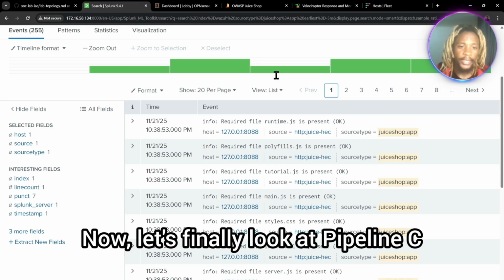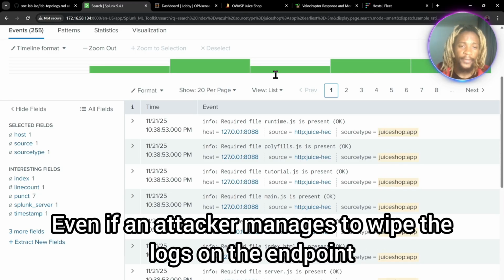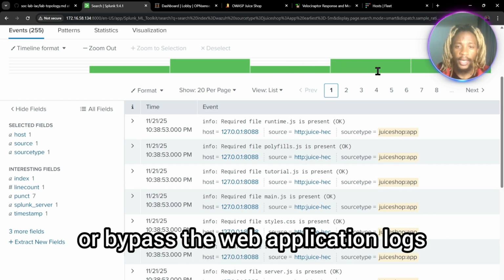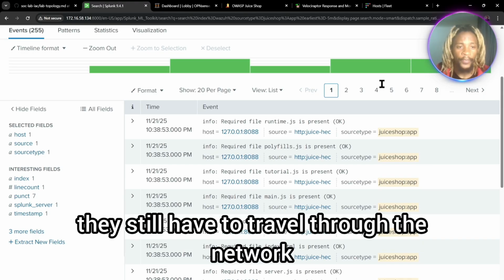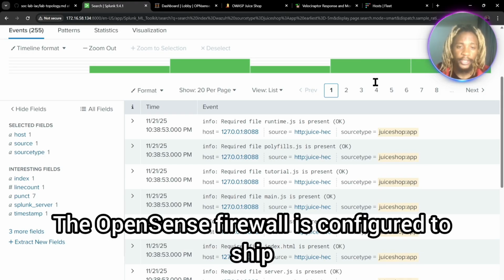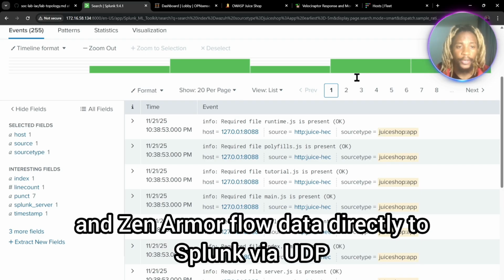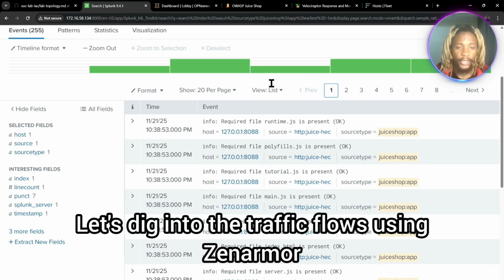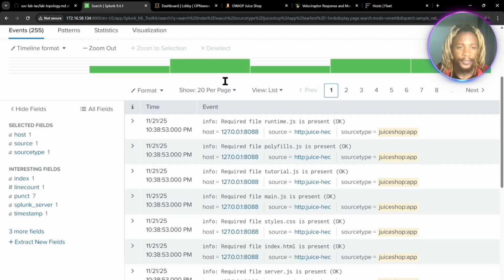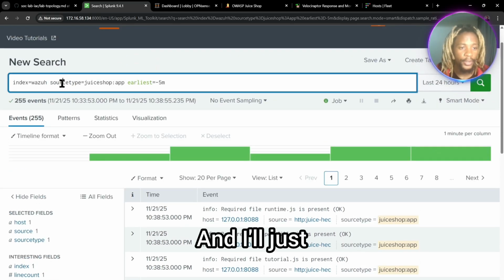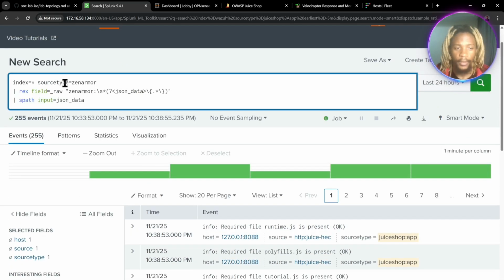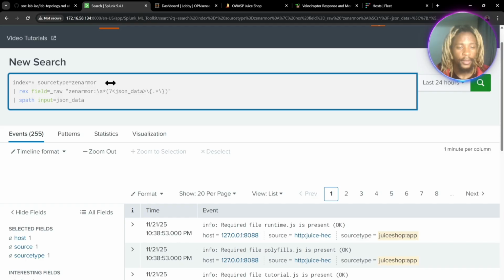Now, let's finally look at pipeline C. Even if an attacker manages to wipe the logs on the endpoint or bypass the web application logs, they still have to travel through the network. The OPNsense firewall is configured to ship Suricata IDS alerts and Zenarmor flow data directly to Splunk via UDP. Let's dig into the traffic flows using Zenarmor, and I'll just, there we go,